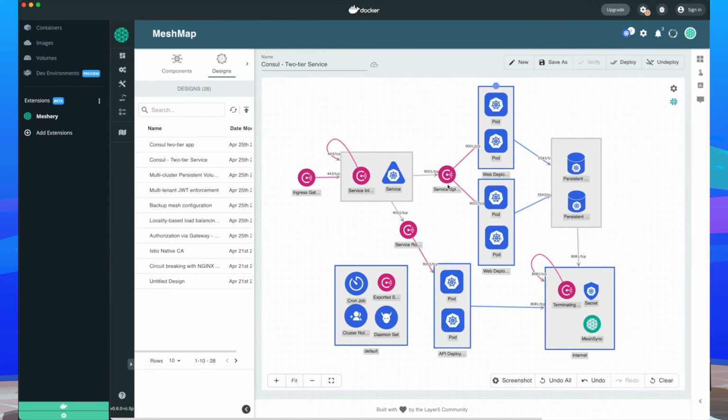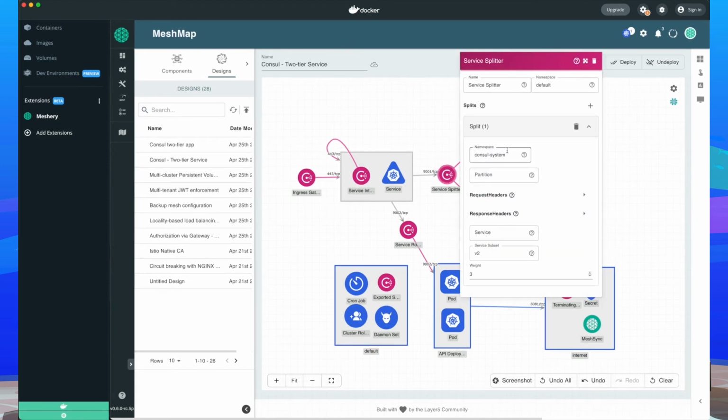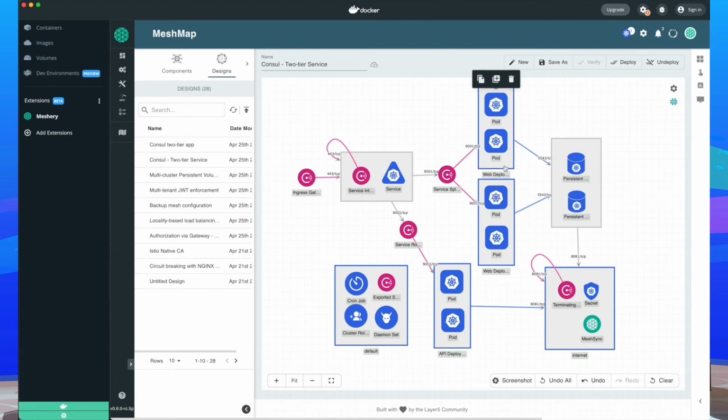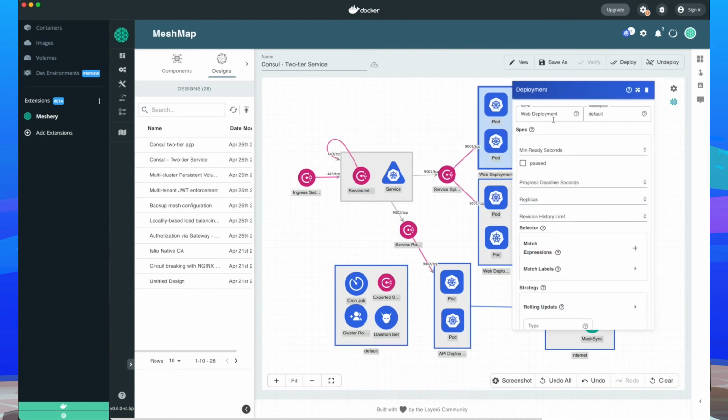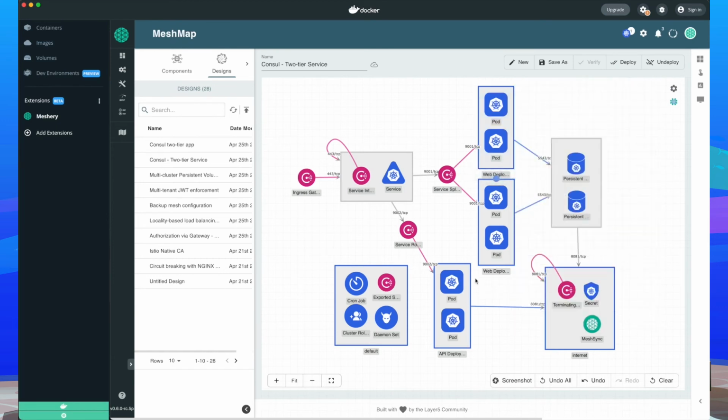So here I've taken a moment to configure a few capabilities of Consul service mesh, like that of service splitting. Maybe I want to adjust the weight between the subsets and how traffic is being split between the two web deployments that we have. And so traffic then can be, we can use service intentions to make sure that we're filtering in the right way, sending traffic out the right terminating gateway, and configuring how it is behaving. So developers have this environment in which they can quickly iterate, save as different designs, or try new ones. In this case, I'm going to go ahead and deploy it.